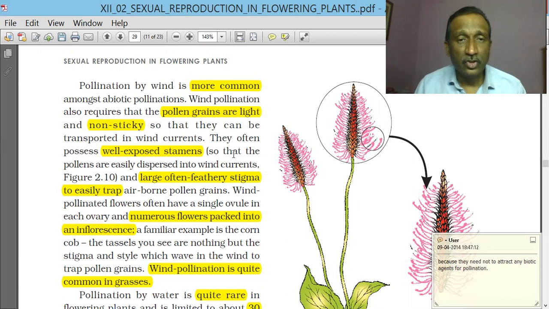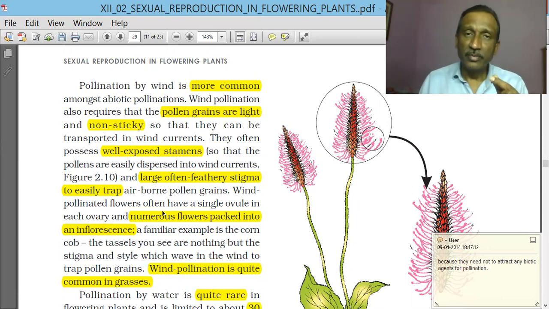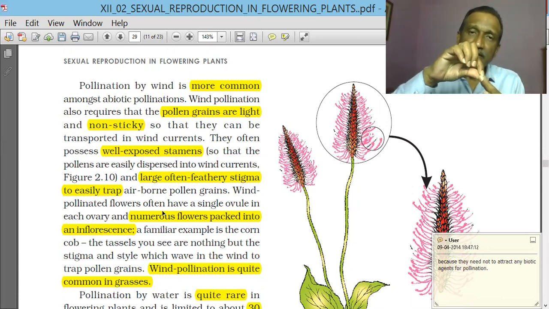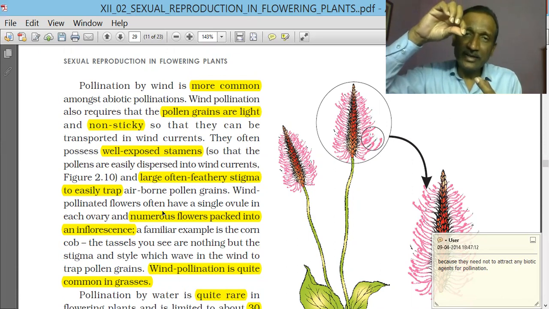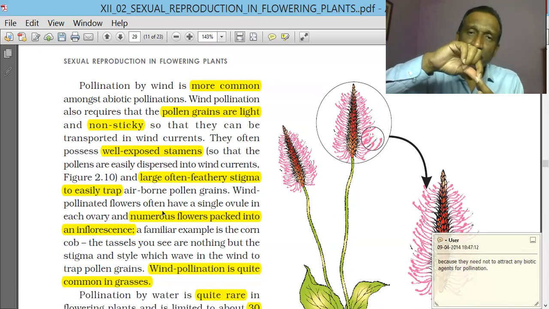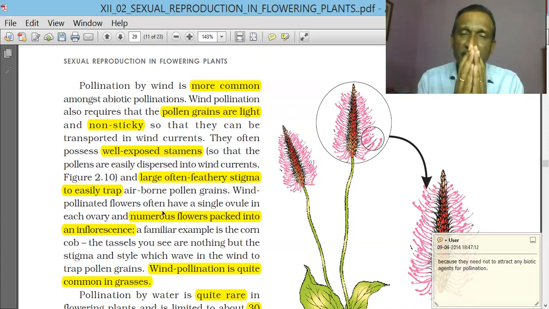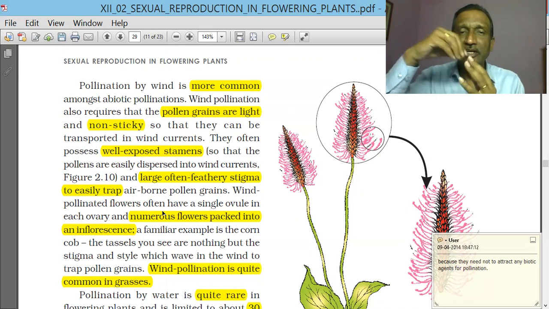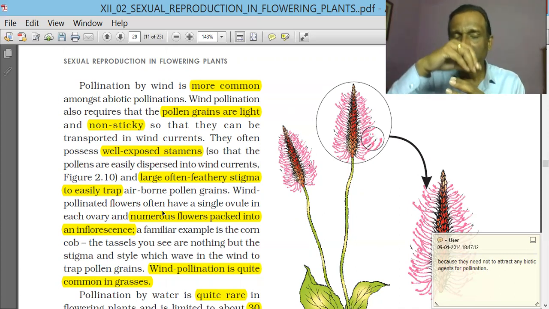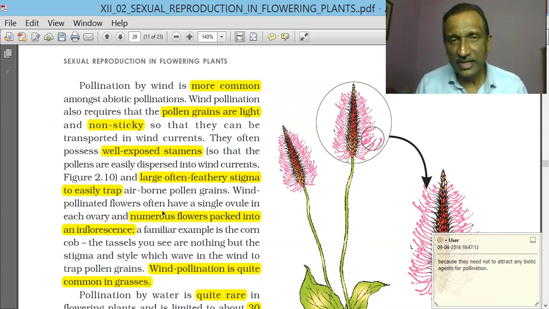Okay. So now the wind pollinating flowers often have a single ovule in each ovary. If you have seen maize, or if not maize, wheat, then in the wheat ears, each seed has one long style attached to it. So the seed is actually first an ovule. The ovule becomes a seed after fertilization. So one ovary has one ovule, one style and one stigma. So like that, the entire inflorescence has a number of ovules, each ovule within an ovary leading to the style and the style into the stigma. Okay, so this will be there.